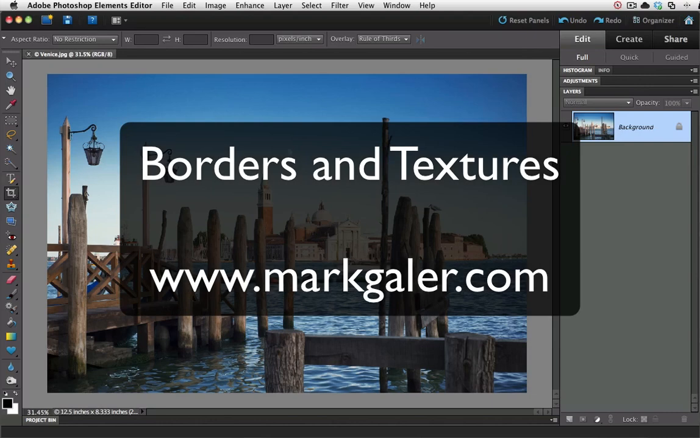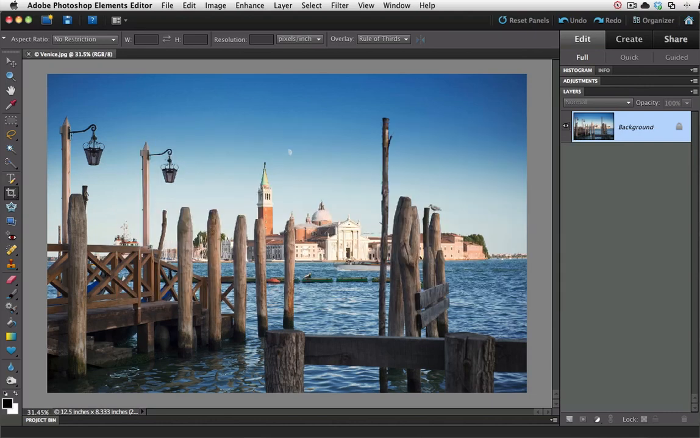Hi, I'm Mark Gaylor. I'd like to introduce you to a workflow that I have for adding texture and borders to an image. I've created actions for each of these steps, and these actions are actually available from the markgaylor.com